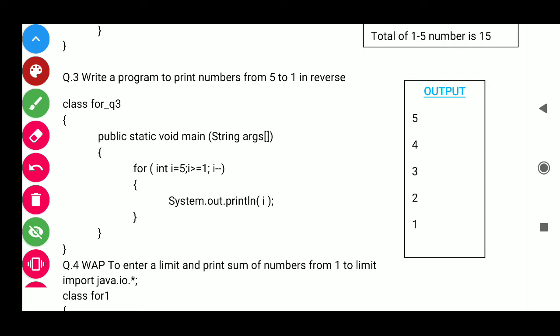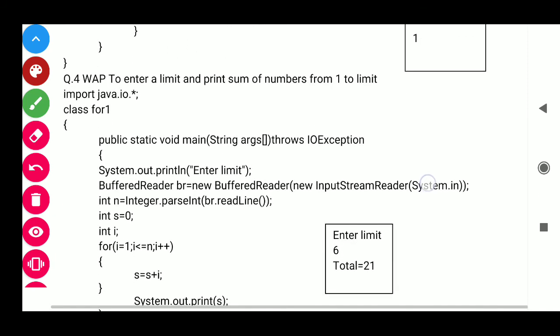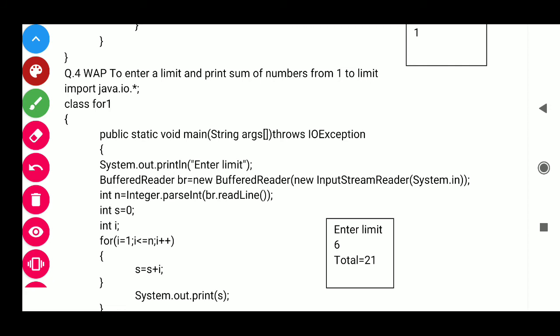Okay, let us see what is the program here. Write a program. Okay, import java.io.asterisk. It is a new statement here. Import java.io. io means input output files. Dot asterisk means all the files. So all the files of input output stream import for this class. This is the meaning of this.